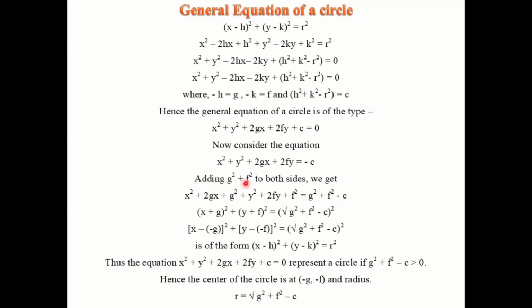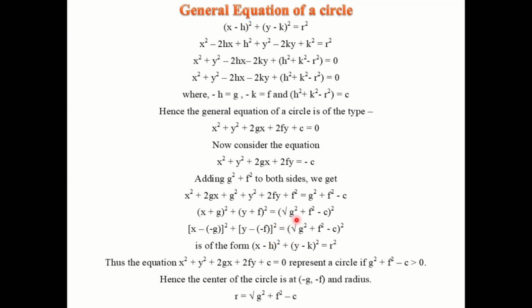Now observe critically: x square plus 2gx plus g square is the square of (x plus g), and y square plus 2fy plus f square is the square of (y plus f). Then we can write this as (x plus g) square plus (y plus f) square is equal to